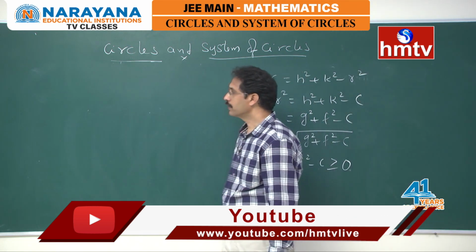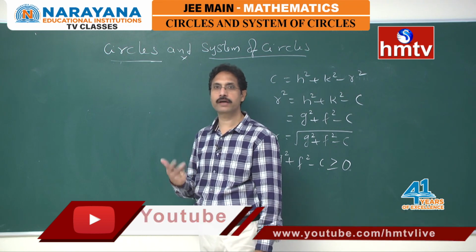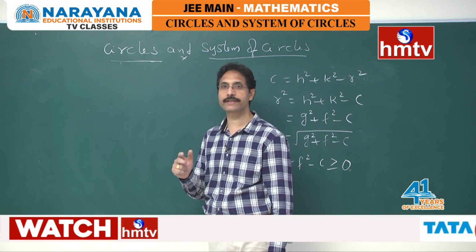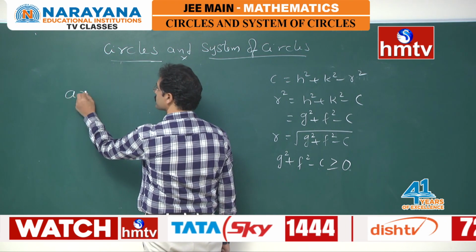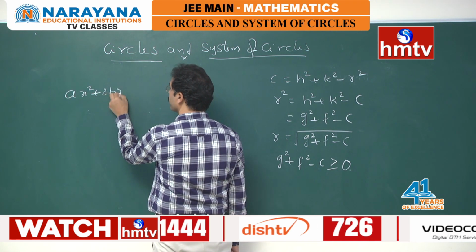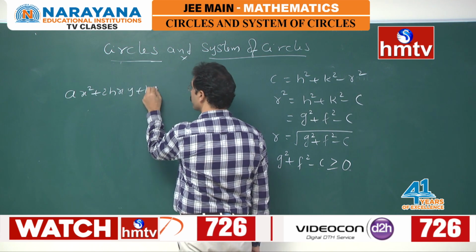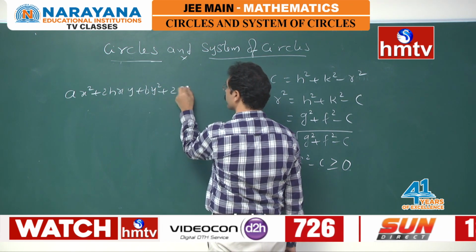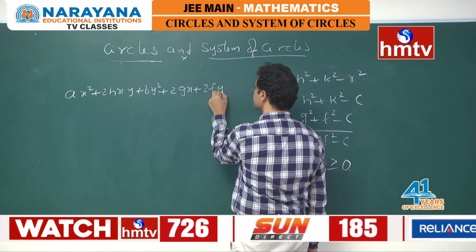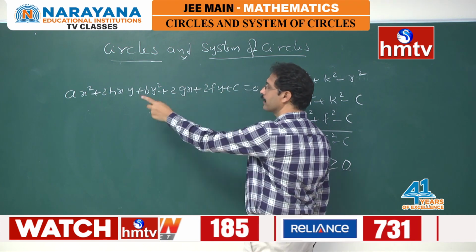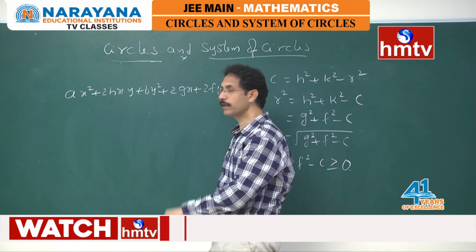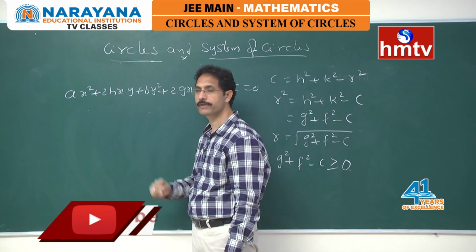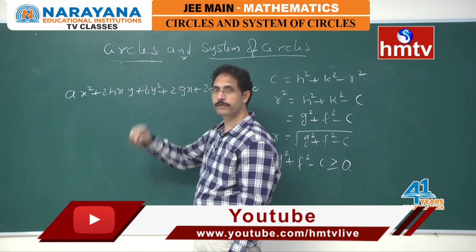Now, we observe our second degree non-homogeneous equation, under what cases does it represent a circle. I think all of you know that ax² + 2hxy + by² + 2gx + 2fy + c = 0 is a second degree non-homogeneous equation. It represents 5 curves. Out of all these, the circle is also one of them. Here see, under what case it represents a circle.